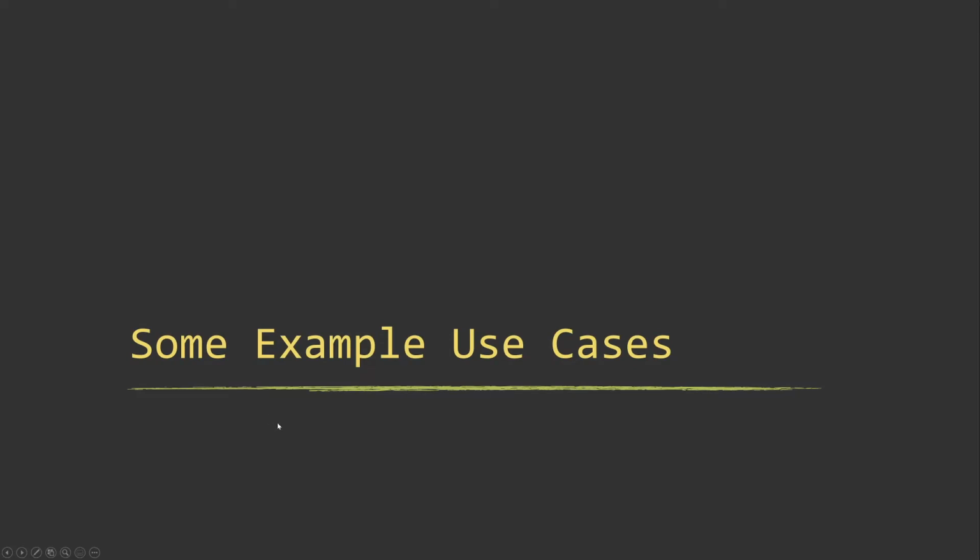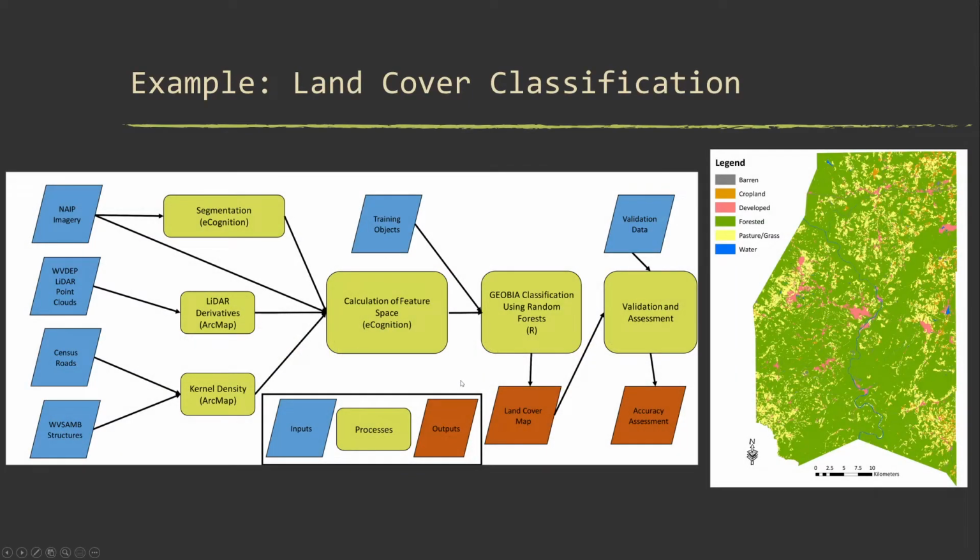Okay, so we're going to talk first about some use cases of machine learning techniques in the geospatial sciences. Here is an example of a common use case for machine learning methods. This is the concept of thematic mapping or general land cover mapping, where our goal is to extract categories or classes from remotely sensed data such as imagery and other ancillary data such as LiDAR derivatives. So this is a classification problem where we give it input imagery and data, and the output is the landscape broken into a variety of classes. For example, the random forest and the support vector machine algorithms have become the standard for image classification